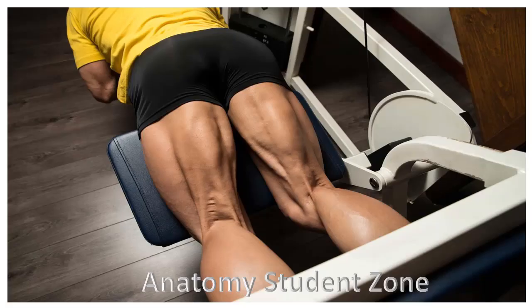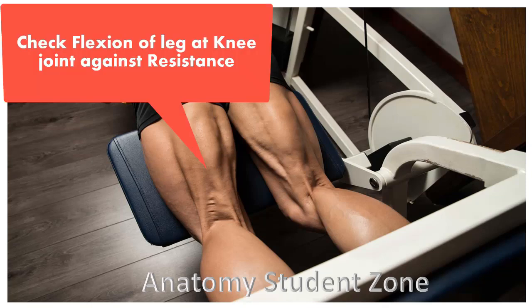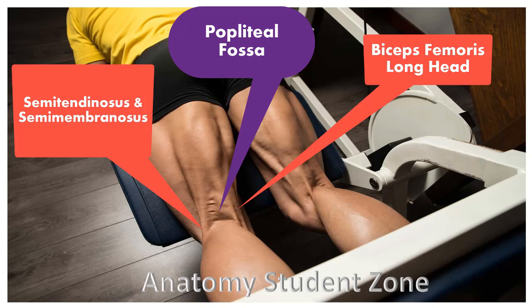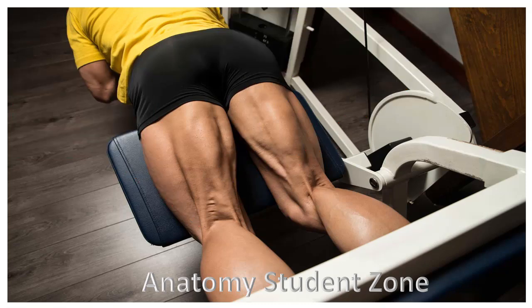Remember, to test the hamstring, you will check their normal function. That I have repeated again and again. But you have to check this normal function against resistance. This is a very important point. So you will ask a person to flex their leg at the knee joint against resistance. When the person does this, normally these muscles, especially their tendons, will become more prominent on each side of the popliteal fossa when the person tries to bend the knee. As you can see here in this image, things will be more clear to you and you can easily observe the function of these muscles.